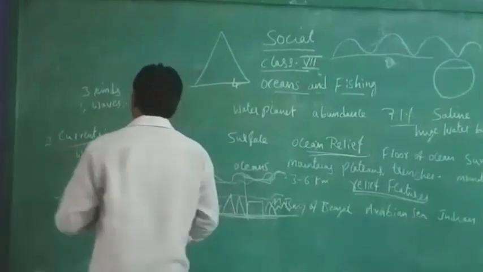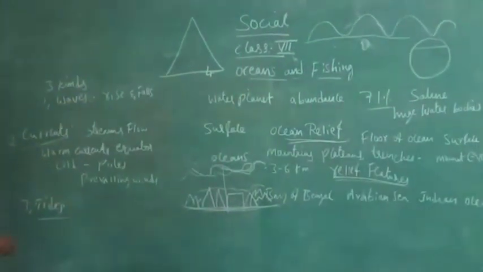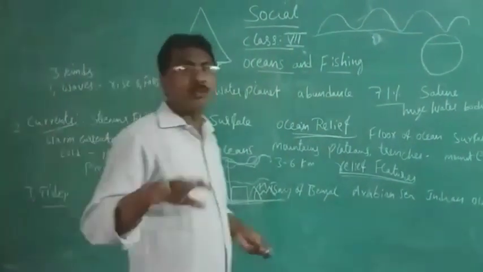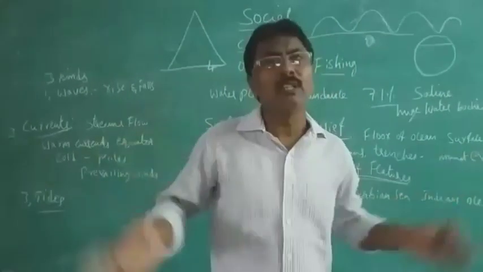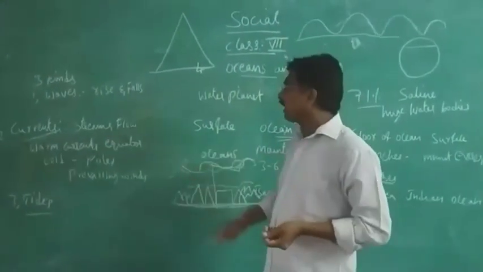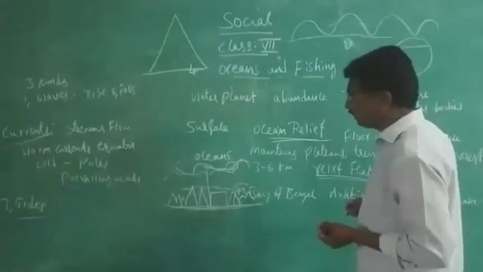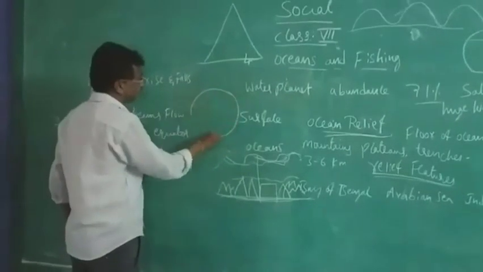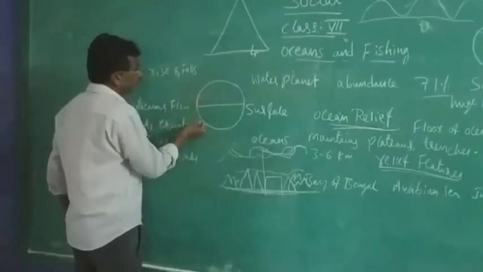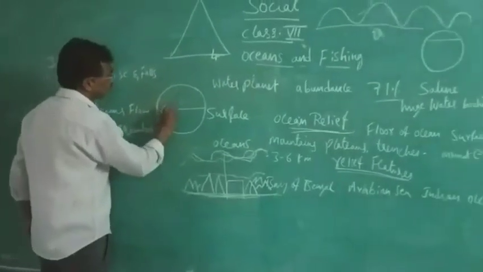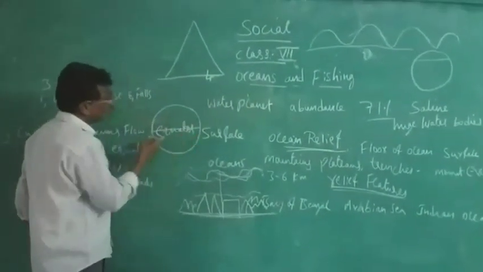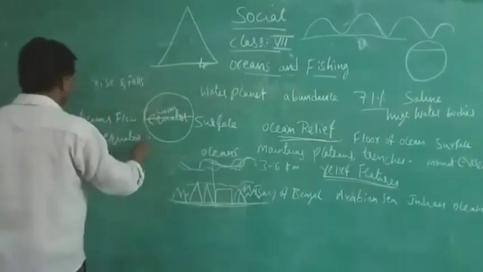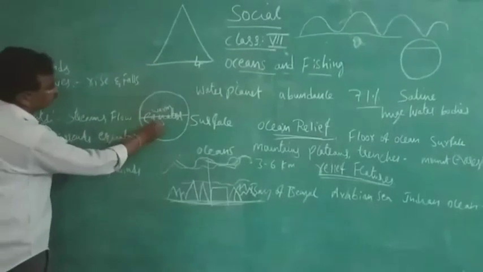And next we see, rise and fall is called the waves. And the currents. What are the currents? They are called streams. Stream is nothing but flowing. Flow means what is happening here. Warm currents from the equatorial region. Now you see, I tell you, warm currents from the equatorial region. What does that mean? Currents means, you see here, in the equatorial region, in the equator, the ocean water will be warm. Here also warm. So what is happening?